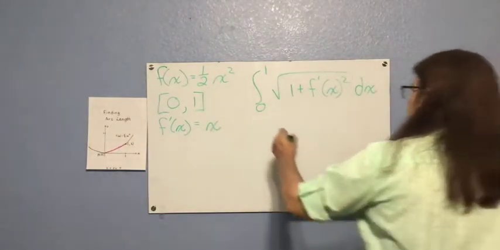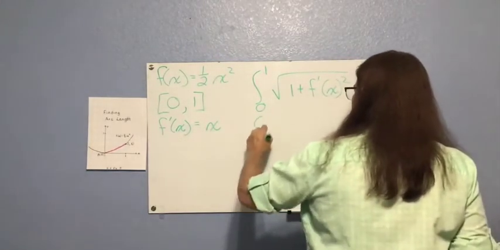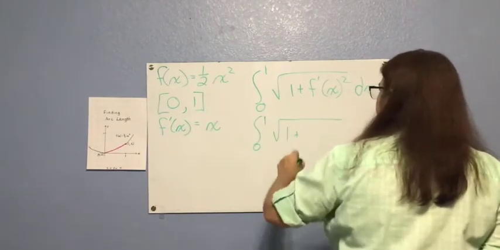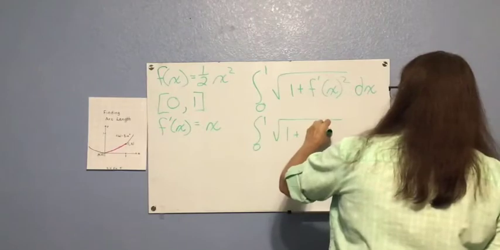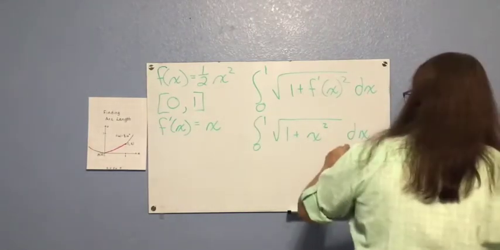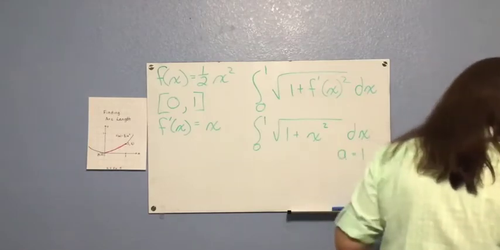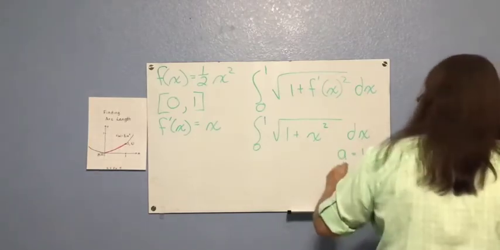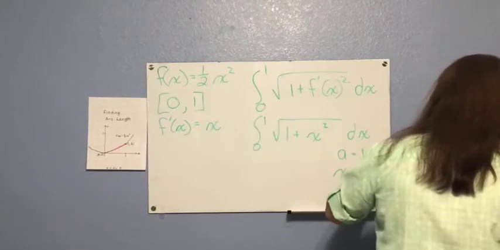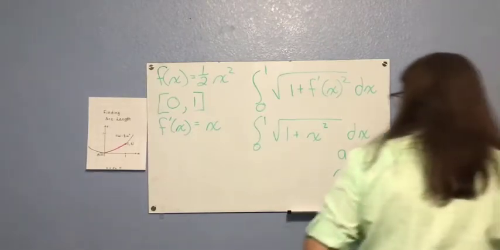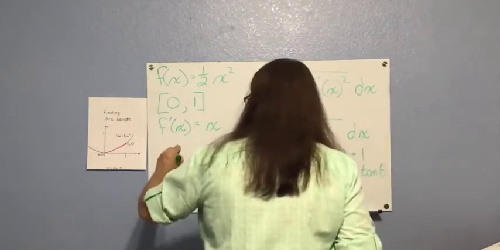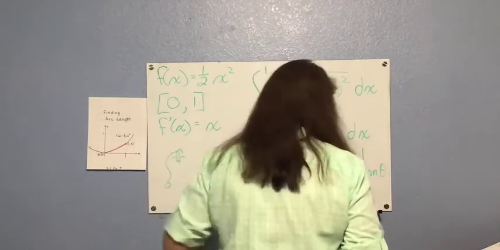So now my integral goes from 0 to 1, square root of 1 plus x squared dx. I'm going to let a equal 1 and x equal tangent theta. And so now I have the integral from 0 to pi over 4